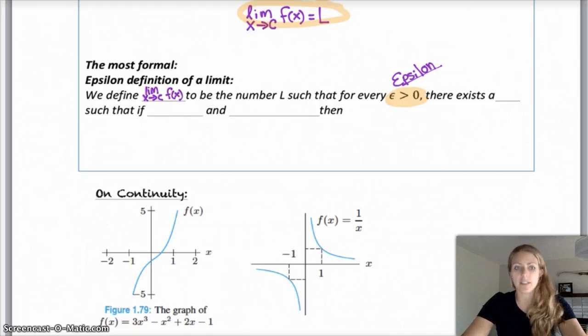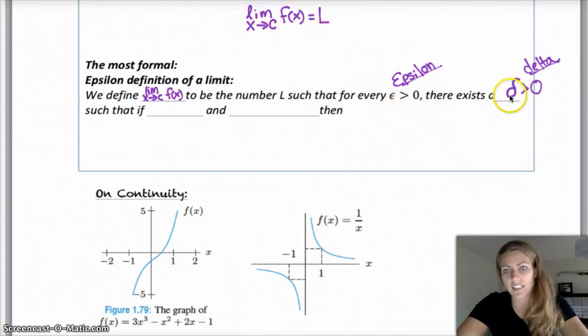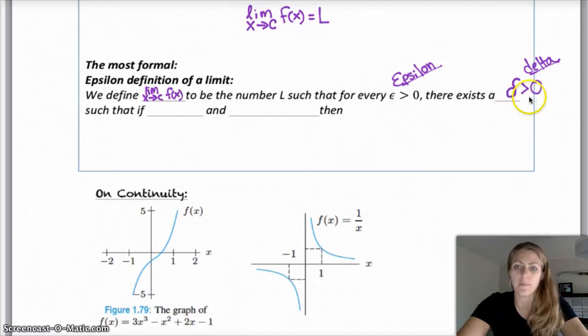So we define the limit as x approaches c of f of x to be the number L, such that for every epsilon greater than 0, there exists a delta, another small number, greater than 0. Delta kind of looks like a weird curly hook D type of thing. Again, it's just representing a small number that's larger than 0,